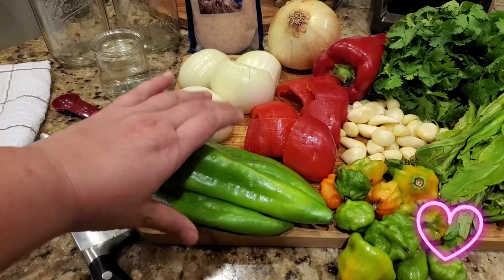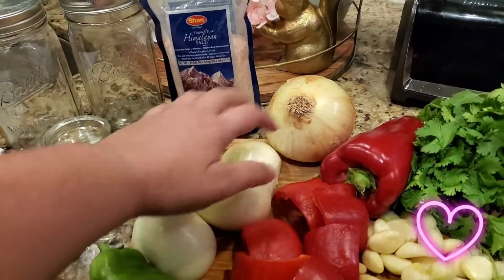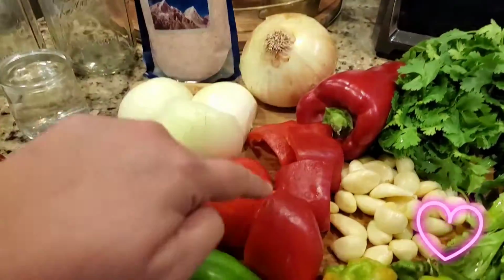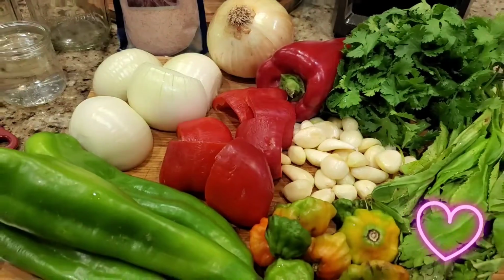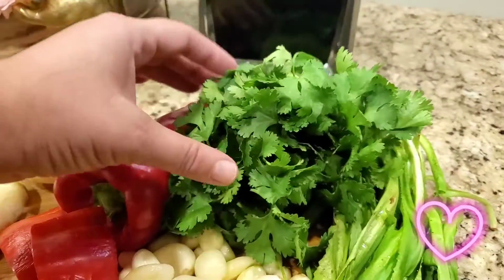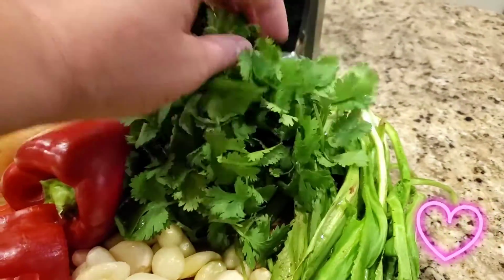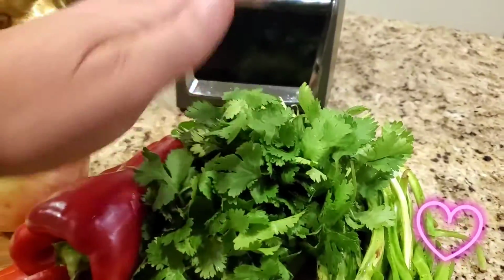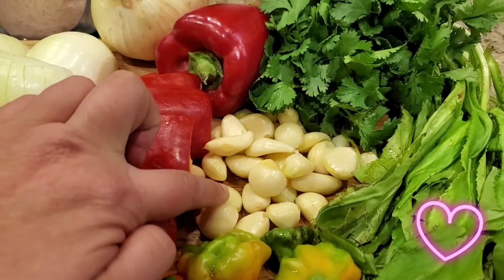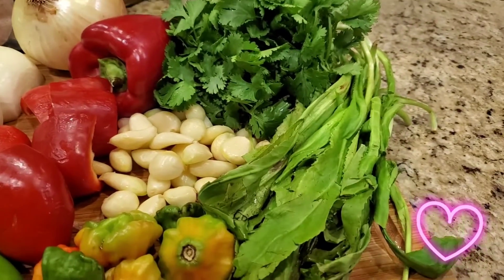I'm gonna use 3 of them. I'm gonna use 3 yellow onions, 2 red bell peppers, and 1 bunch of fresh cilantro. I wash it really thoroughly, and I'm gonna use even the stems and everything. I'm gonna use like 3 whole heads of garlic, lots of garlic. I love garlic. And I'm gonna use a bunch